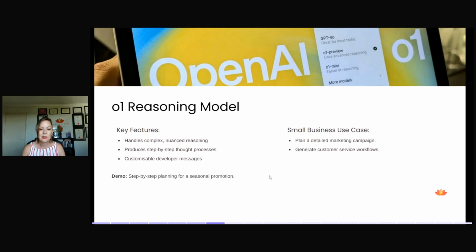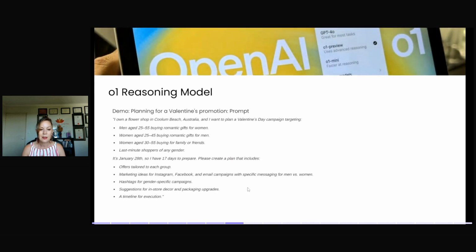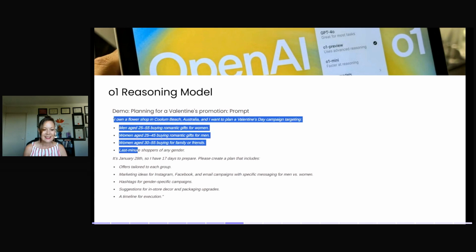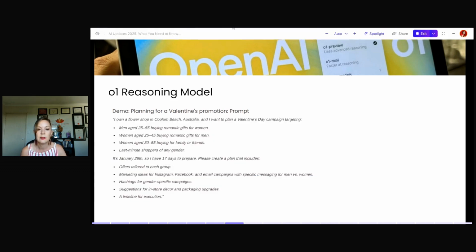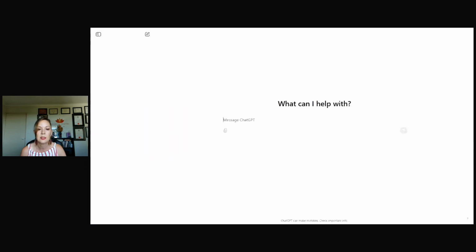So what I'll do is, here is the prompt. I'm pretending I'm a florist in Coolum Beach, and I'm looking to develop a campaign to promote Valentine's Day, which is just coming up. So I might see if it'll let me copy that and pop it in. So now in ChatGPT,